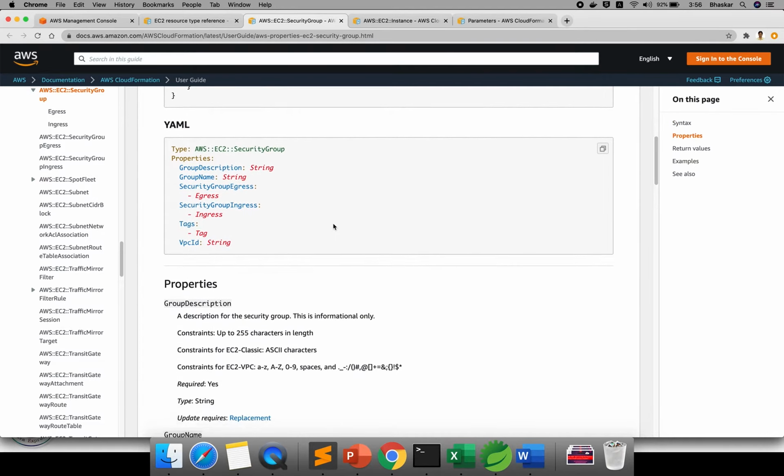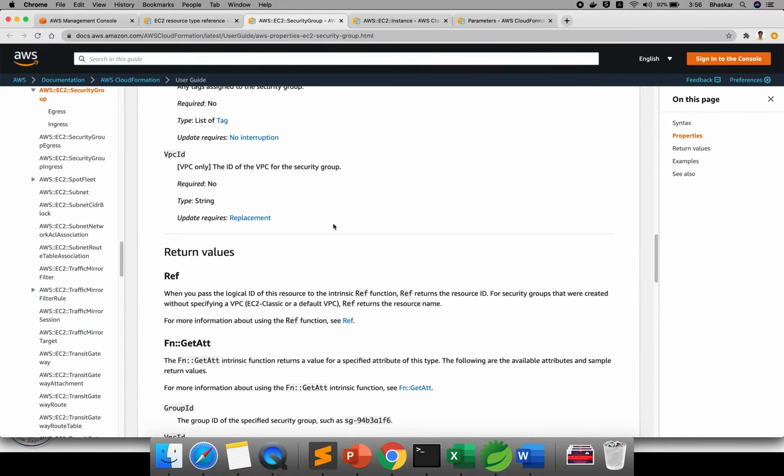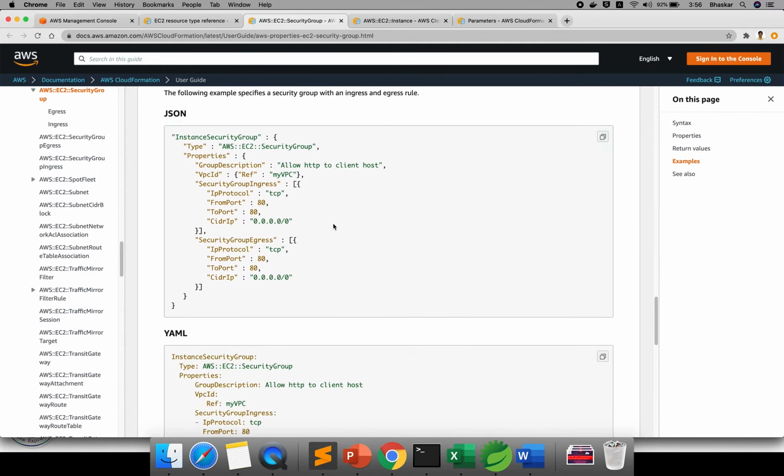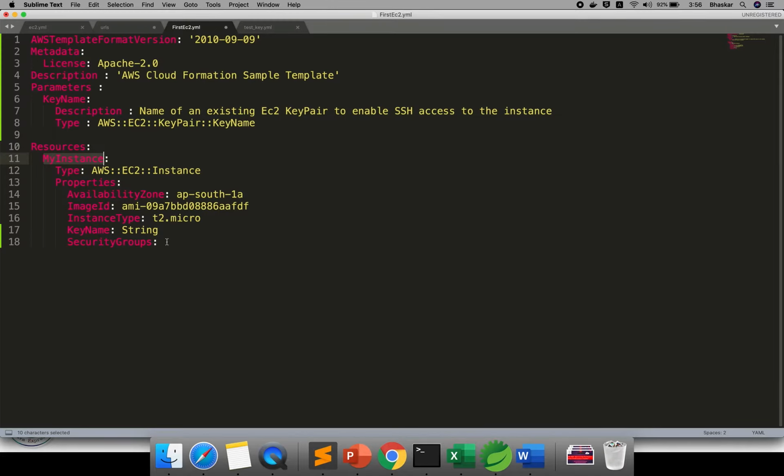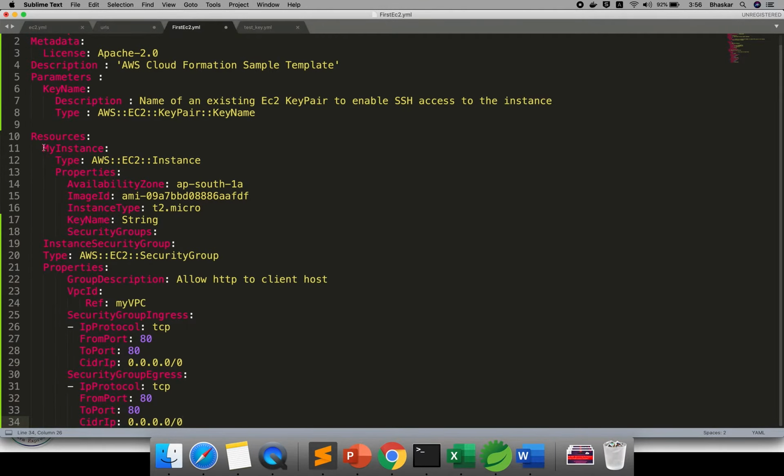Okay, now examples also they will provide in the documentation. Just you come down, let me show you. Yes, here they provide, this is called instance security group. Let me copy here whole thing, whatever it is there, just let me copy. And this security group instance here I given. So this is related to EC2 instance. Why I need to go for parameter, later I will discuss. That is like a optional for you.